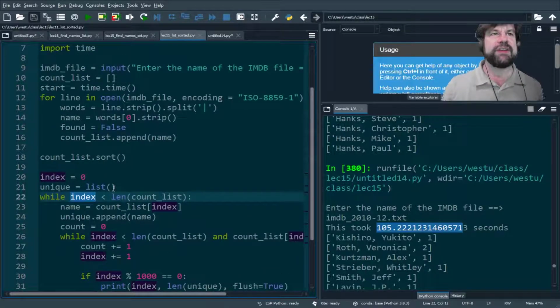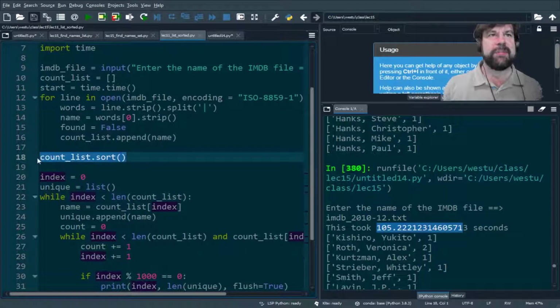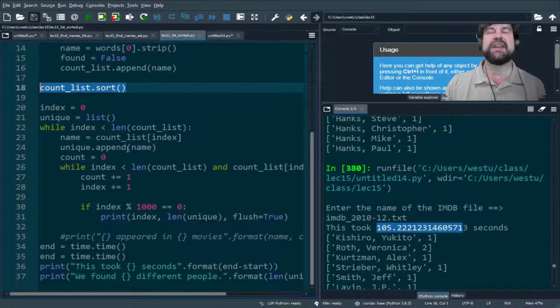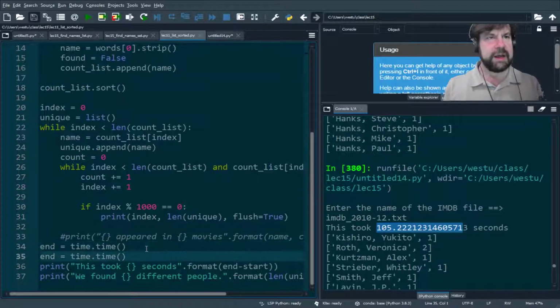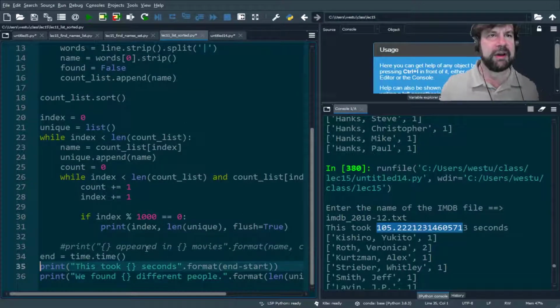So, this is a different solution. This builds a list of the entirety of the input file, sorts it, and then parses out the individual names one after another. You should take a look at this. I'm going to assume that you guys can figure this one out on your own. If you have any questions, I'm happy to talk about it either next class or at the end of this class. But this is an alternate solution, and this is actually dominated by the